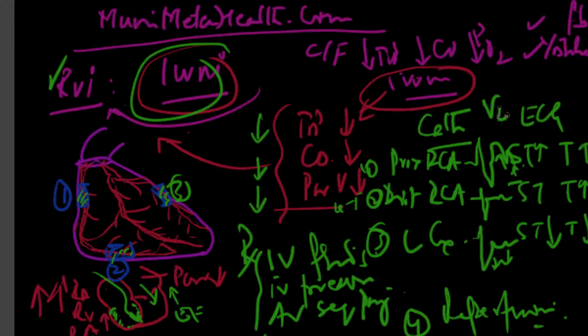And these are the right-sided chest leads: V4R, V5R, and then you have V6R. So these are your chest leads which are going on the right side, just corresponding to what your left precordial leads are. Do the right-sided leads, V4R, V5R, and V6R. And they will show you ST elevations continuously in those patients. And when you have these patients who have RVI and the ST elevations present in the right-sided chest leads, you have clinched your diagnosis.